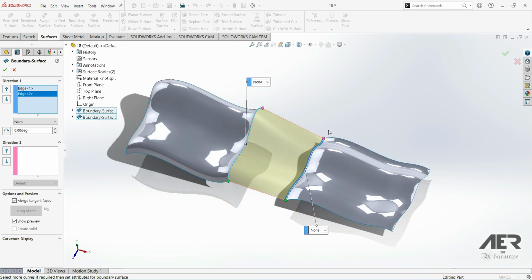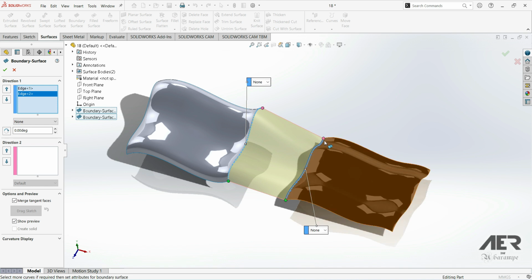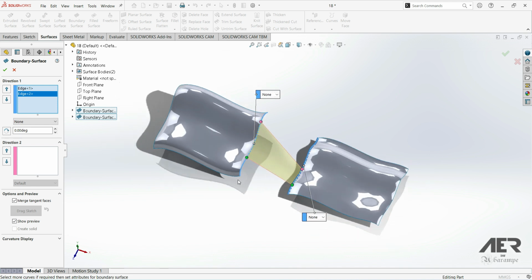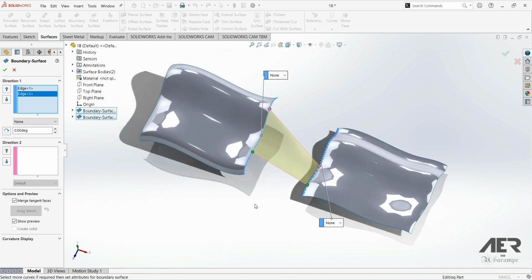But let's try to move this connector to this side. Now, if we click on this connector, let's try to move this connector. As we see, we can position this connector at any point on this edge where we want. As well, this second connector we can position where we want. And this is not possible with lofted surface. So this is one advantage, that we can position the connector where we want, so we can get a better control